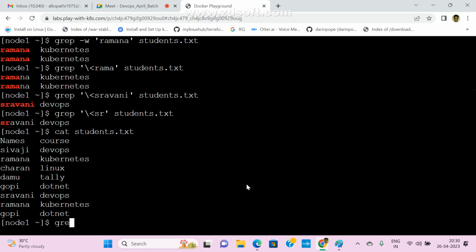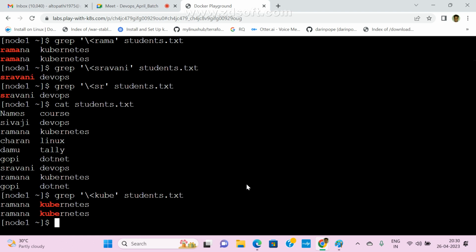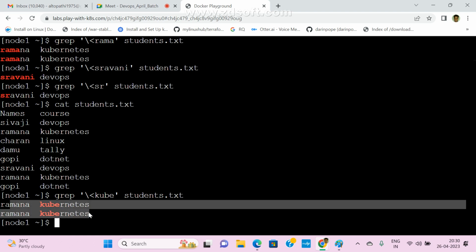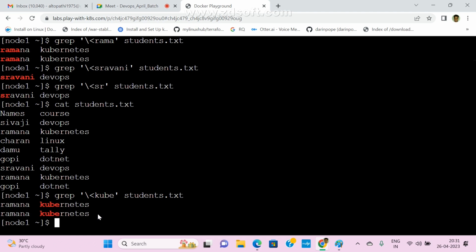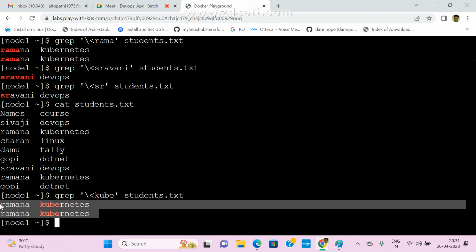Now tell me: grep, space, slash less than, and I want to start with KUB. This is the string, the word pattern, then a space and the file name students.txt. Now see here. Does anyone have any doubt here?